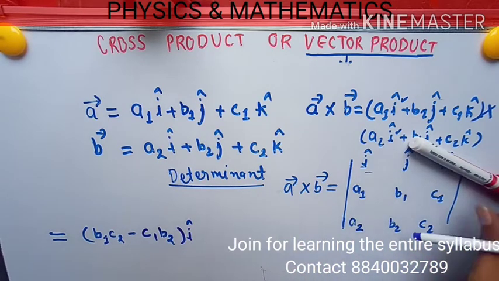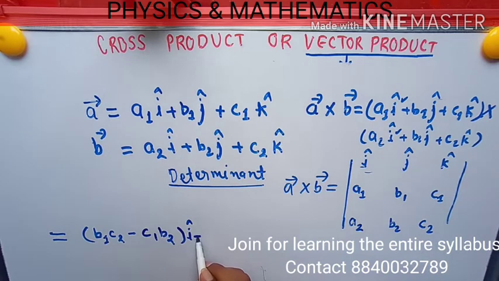Then thereafter I will put a minus sign. For the second term I will put a minus sign. This minus has significance, and I will tell you later why we are putting this sign, otherwise things become bigger for you and you will be confused. So you have to put the minus sign.